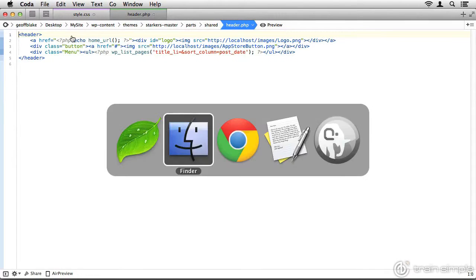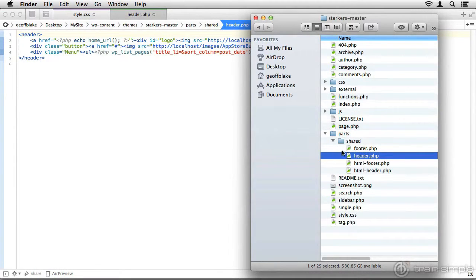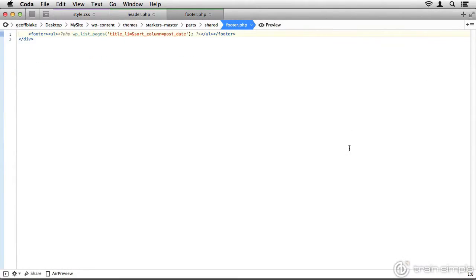This div closes inside footer.php, which you may or may not recall. So let's open up footer.php. Give me a second, I'll zoom in on my code so you can see what I'm doing. There's the closing div tag, the last line inside footer.php. Go ahead and get rid of that and save up your work. Okay? All right, good stuff.